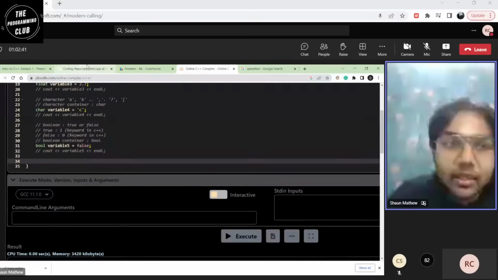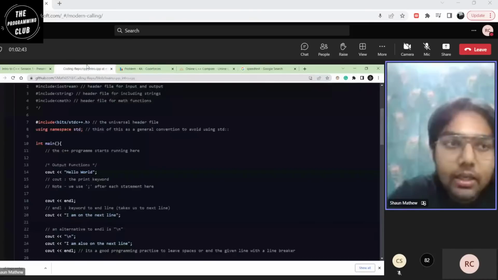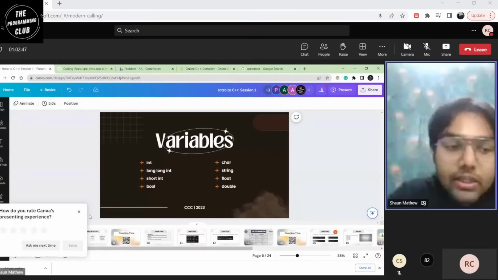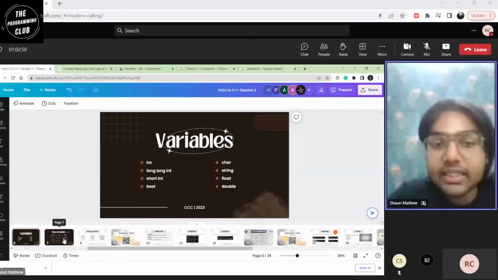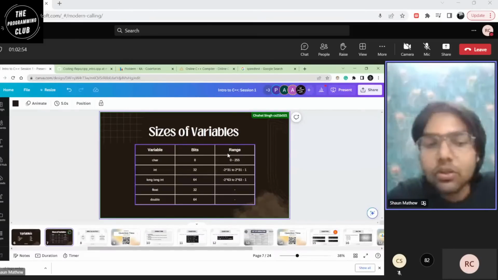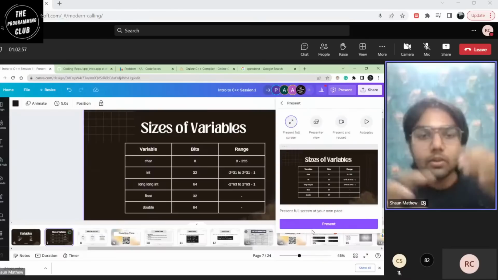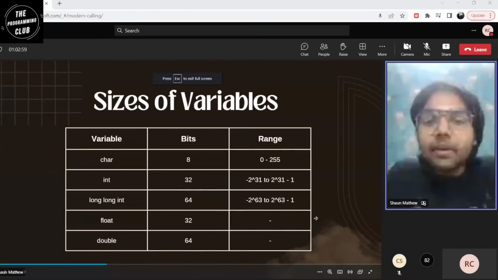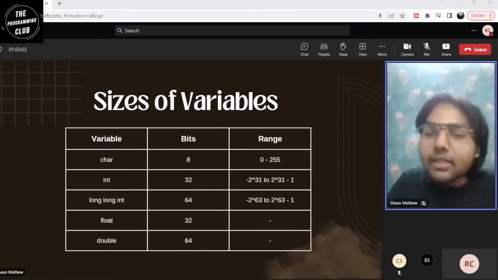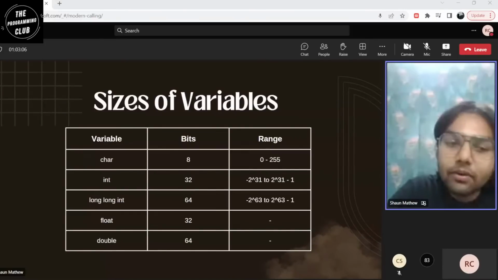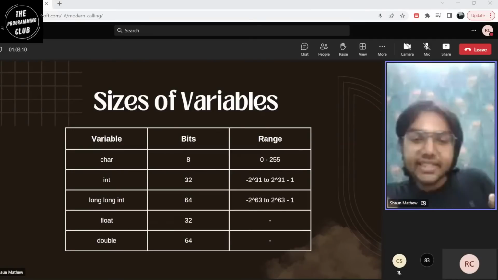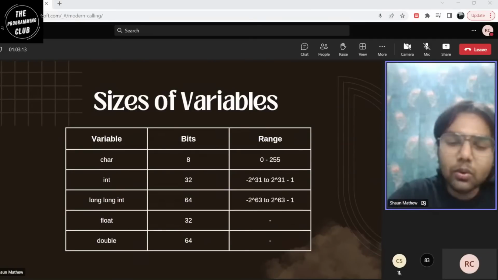Now coming to the next part, in our slides, we are done with variables. We'll be looking at the size of these variables. Anytime you go online and search up variables in C++, you'll see a table like this. I didn't want you guys to feel that I didn't include the table. This is just for namesake for now. You need not memorize all these values and how many bits there are. Is it 8? Is it 32? Is it 64? No need to do that.